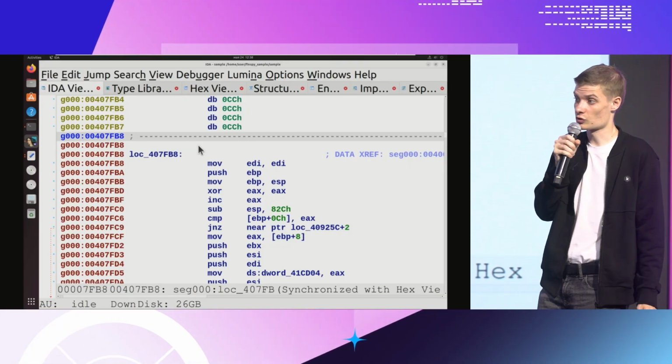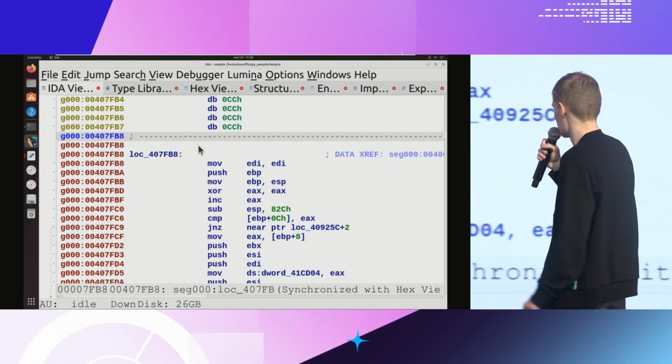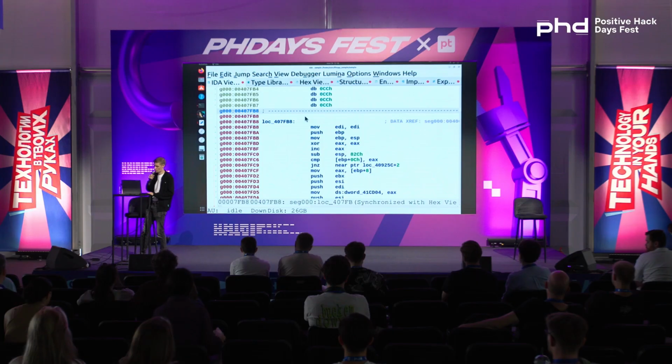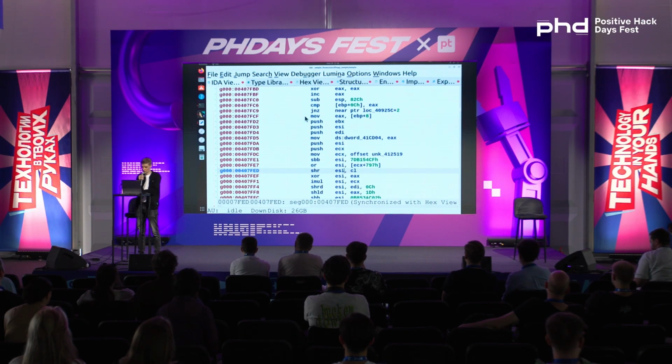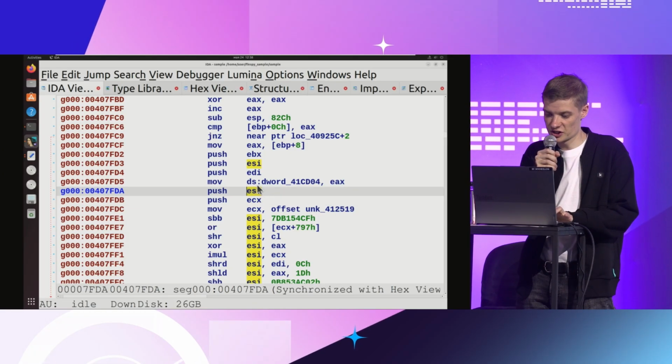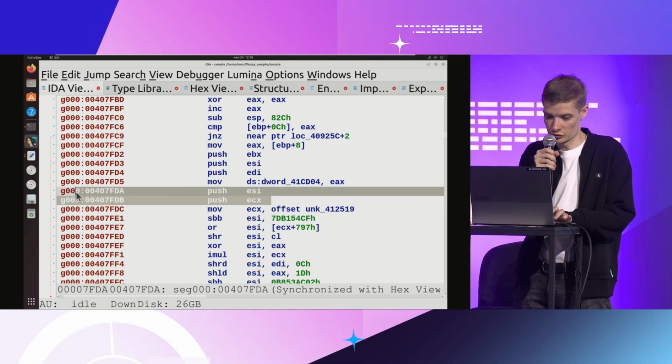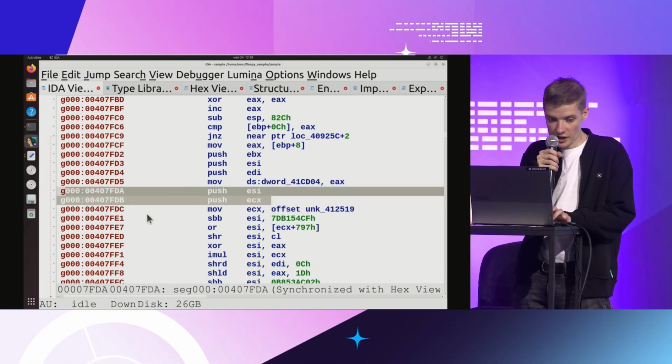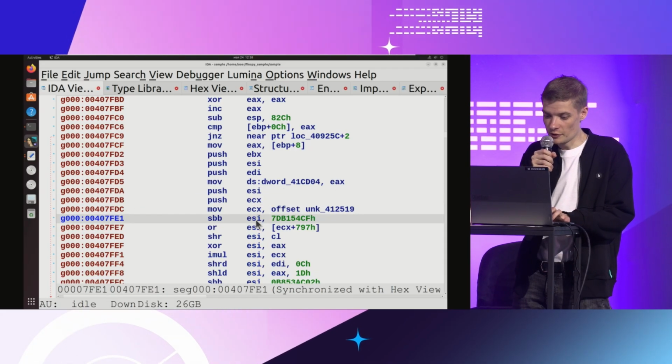Our numbers in red, which means he didn't manage to define these instructions as functions. And to understand what the problem is, we need to determine the code of the function. What's interesting here is that we see the values of the registers ESI and ECX, they're like this. And then